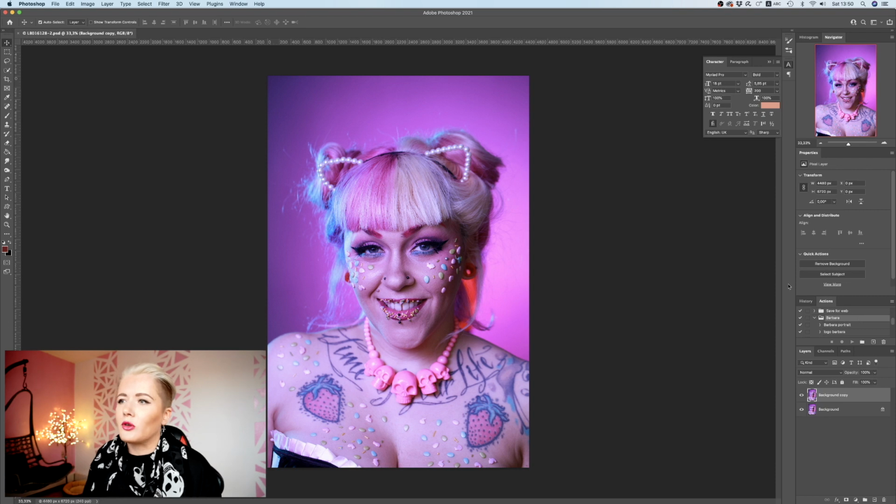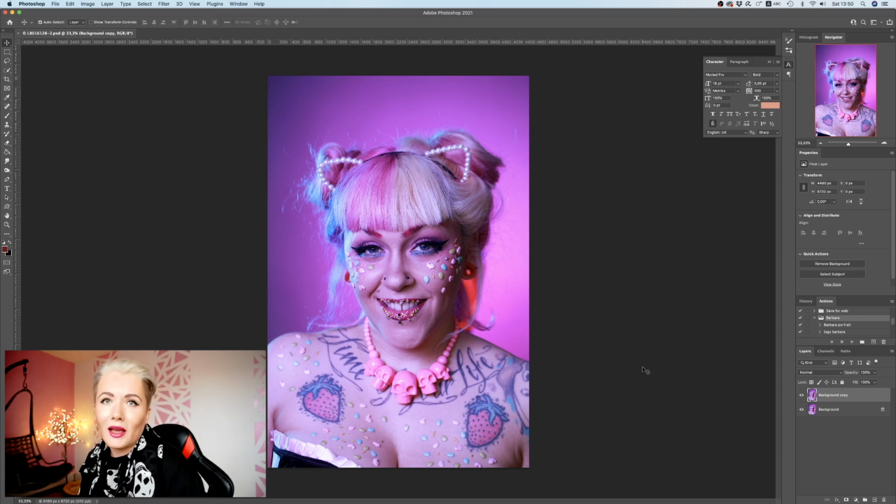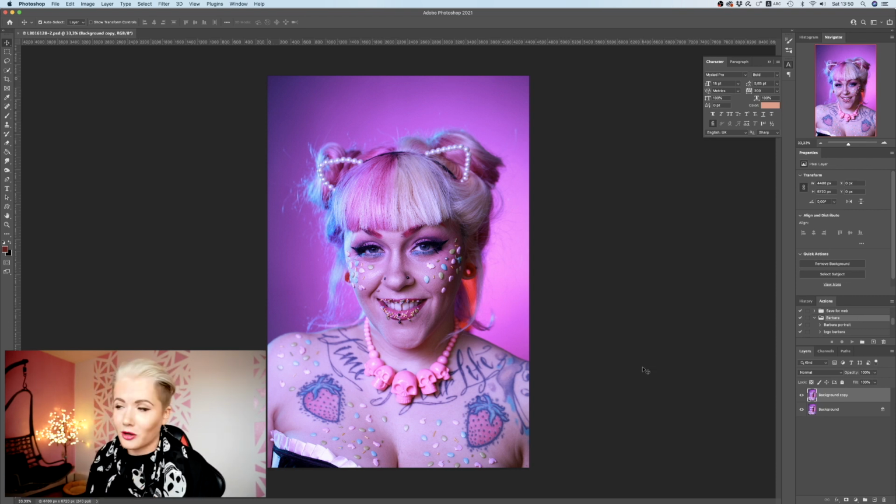So my client's name is Barbara, and I have already some actions saved, but right now we're going to create it from the beginning. You can, of course, create a universal action for all of your female photography clients. For example, you can tell the program, in this case not really Photoshop but Luminar, that it needs to blur the skin a little bit, whiten the teeth, make the eyes a little bit brighter. So there is also that option, but I usually like to create an action for each client,